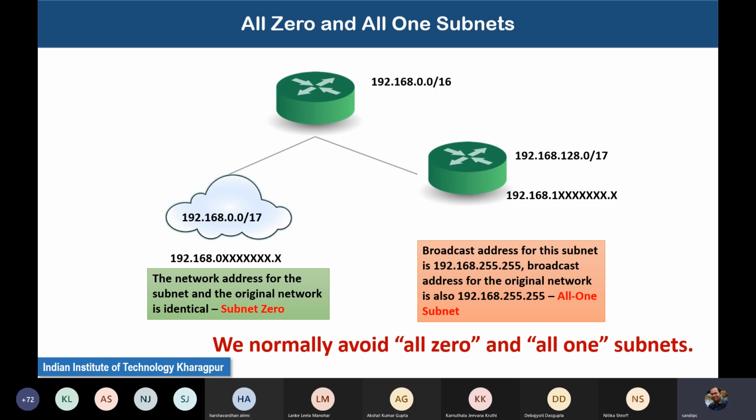That is the reason we typically try to avoid all 0 and all 1 subnets, because in case of all 0 subnets, the network IP becomes the same. In case of all 1 subnet, the broadcast IP becomes the same. So it is advisable not to use them as your subnet IP. But just remember that our modern routers are intelligent enough to divide the domains of the IP address explicitly. So you still can use them if it is absolutely essential, but ideally it is advisable to avoid them.